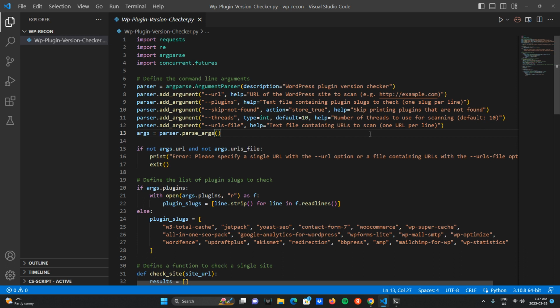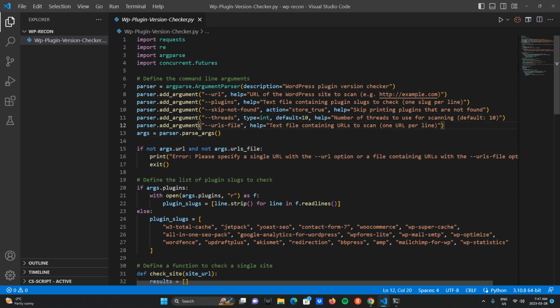So don't try to increase these threads a lot, like for example 50, 100. That's not a good idea. However, if you really want to do that, you gotta use a proxy list, so it will help you to not get banned. Anyway, so we have dash URL, dash plugins, dash skip not found, dash threads, and dash URL file,